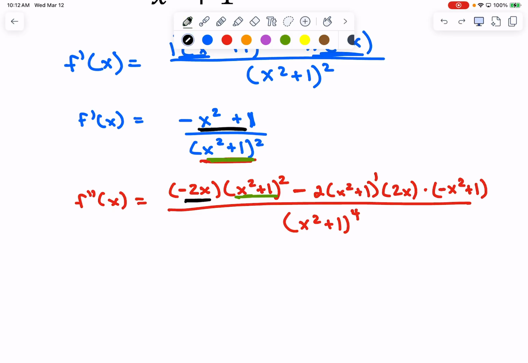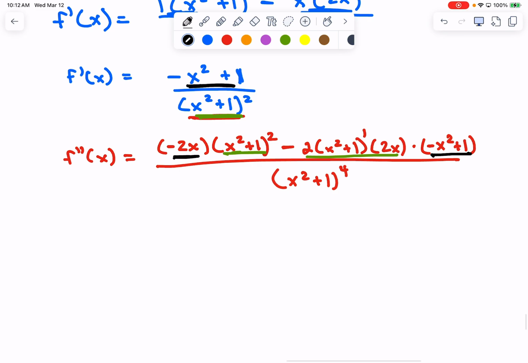Okay, minus the derivative of the bottom, which required chain rule. Does everybody see how that chain rule works now? Times the top. Does everybody see it now? Over the bottom squared. Does that make sense? Okay. You might want to clean it up a little bit, but I don't need to, so I'm going to